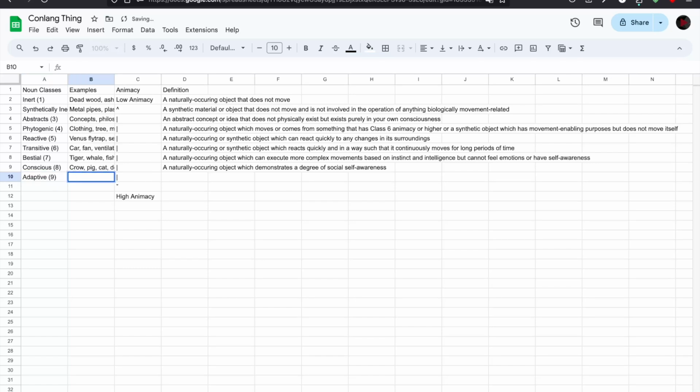Human and artificial intelligence. Paste. So I'm gonna make this 10. Right. Discriminatory. Derogatory. Derogatory. None. Any person of higher animacy